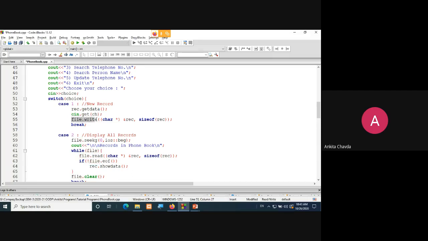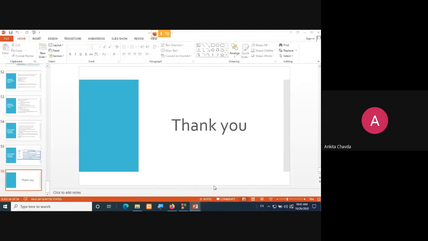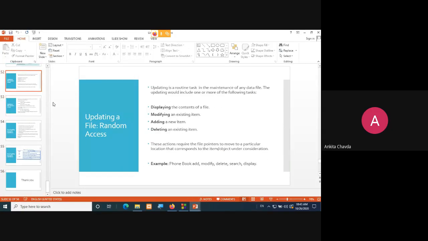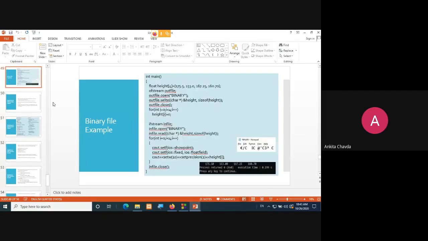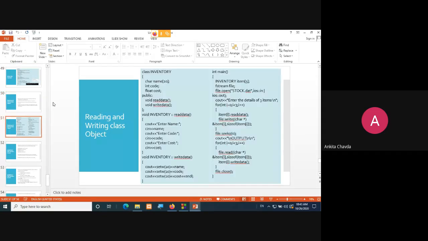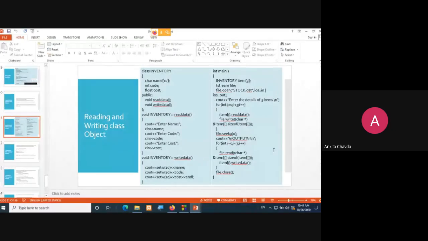Then file dot write. This is the function via which you can write into your file, and you have learned this. Whenever you are reading and writing a whole object, what was the syntax? Here you are writing into a file: file dot write, then character pointer, then your object name, and then size of your object.